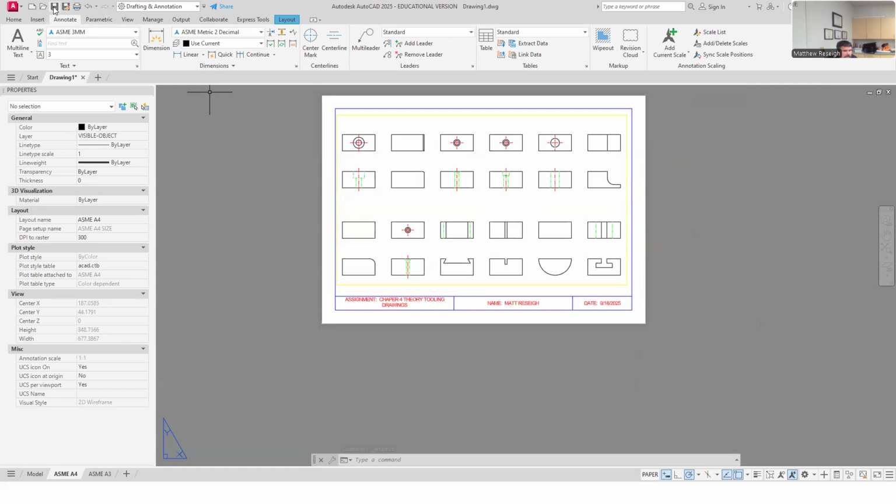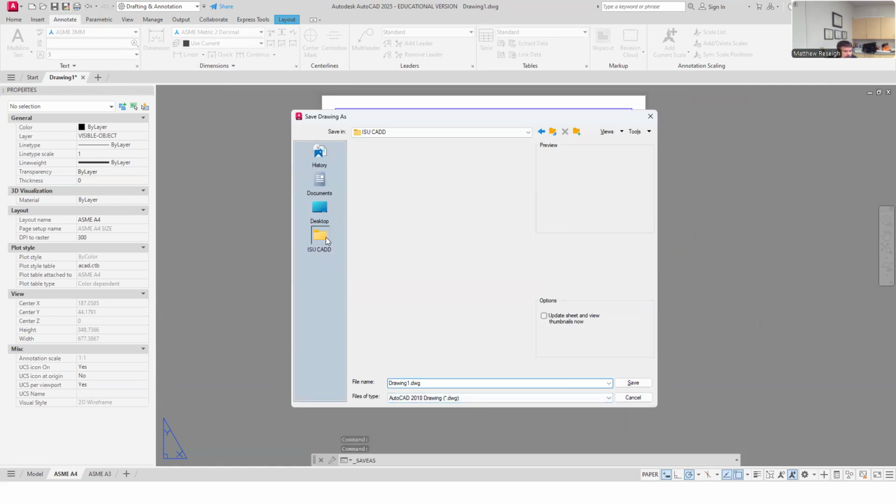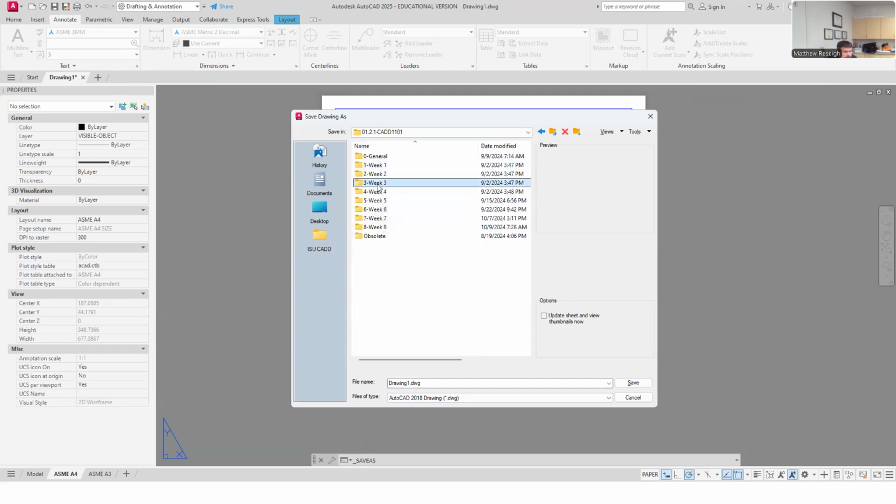And then I saved this thing. Yeah, I've done all this work and never hit one save. That's a little dangerous. I do want it saved as a drawing. I want it saved in my theory class in week 3 or 4. It's actually from week 3 is probably where it shows up for me. So when I really name this file, I might name it